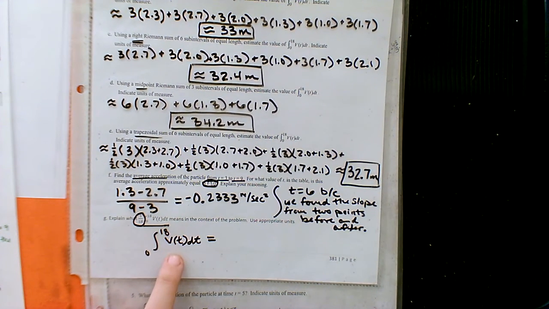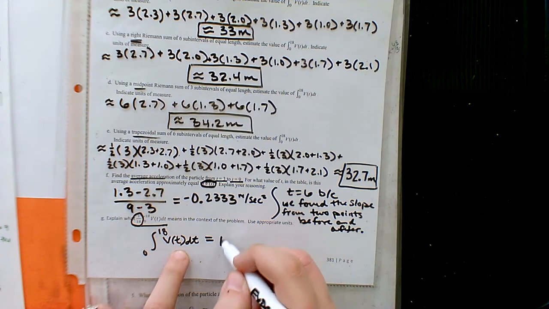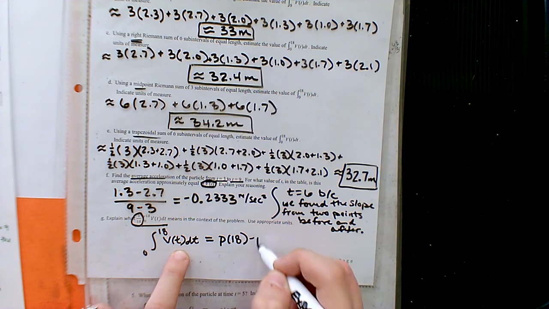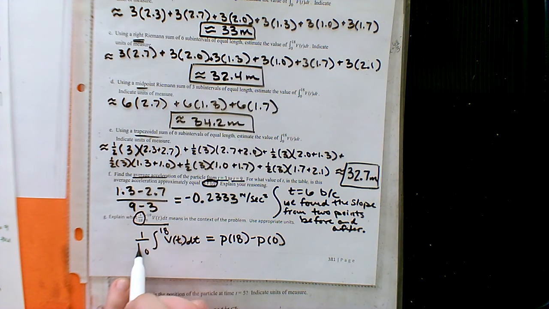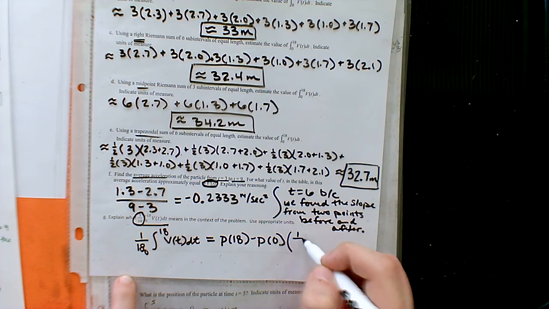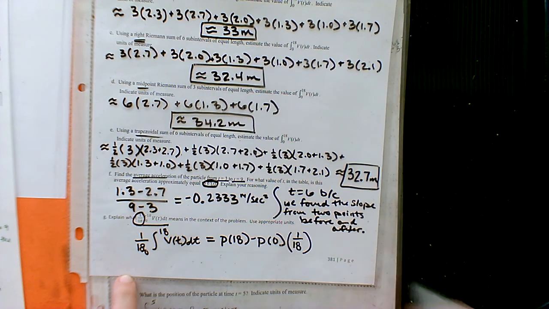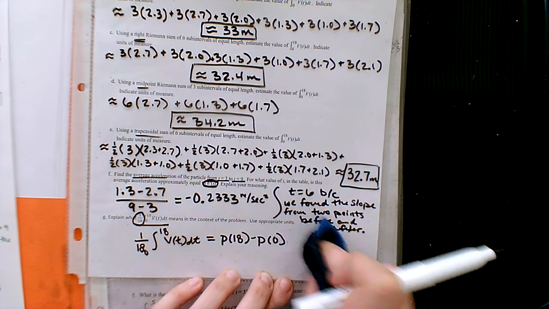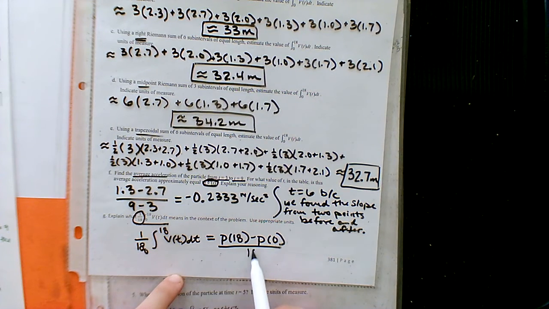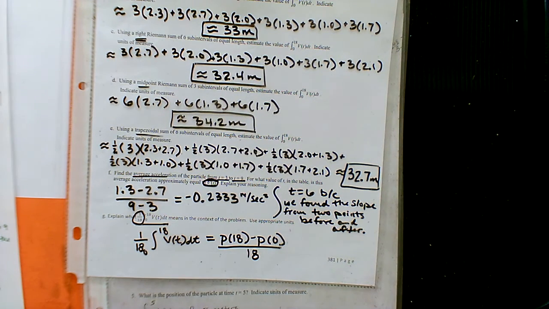If we were to work backwards from velocity, that would represent some change in position. Okay, position at 18 minus position at 0. But if we're multiplying by 1 over 18 in front of the integral, that means we have to multiply this change by 1 over 18 as well. And perhaps maybe I'll rewrite this. Instead of multiplying by 1 over 18, that's the same as dividing by 18. Now, what did you notice was special about the 18, though, Anuj? Because there's 18 seconds total, so it kind of represents,